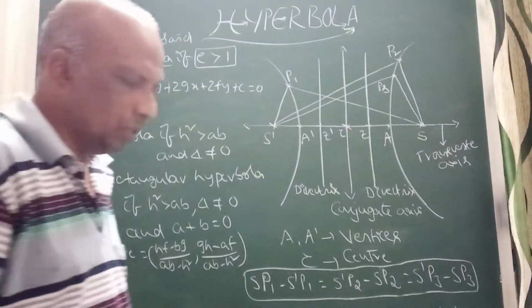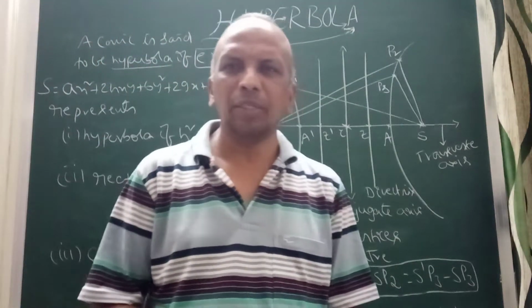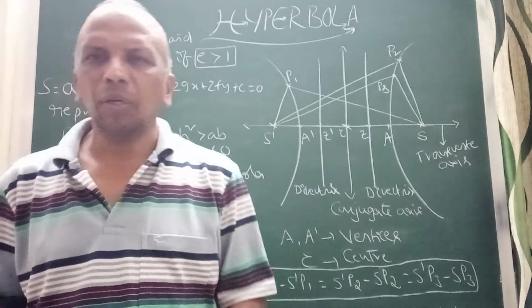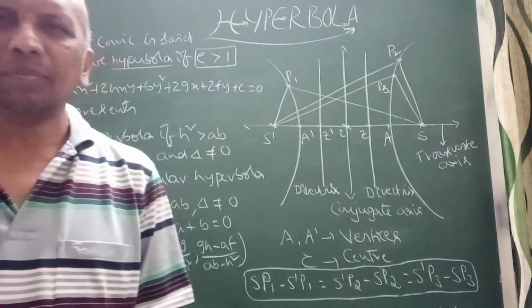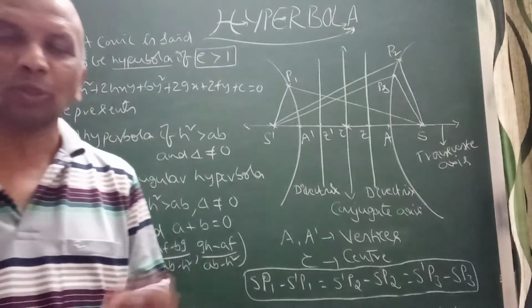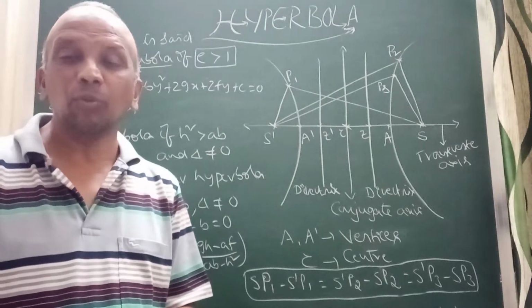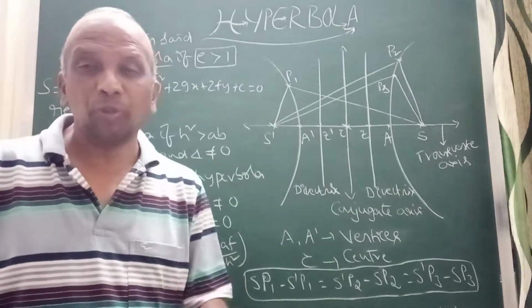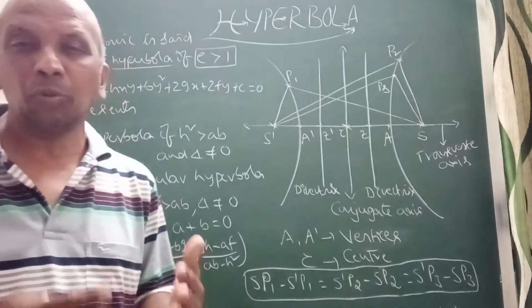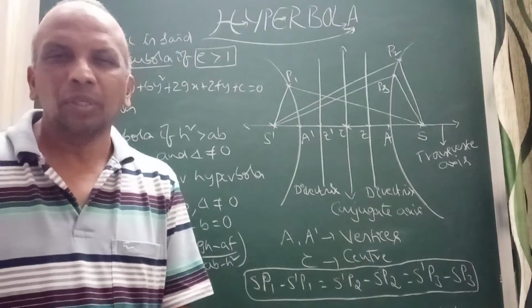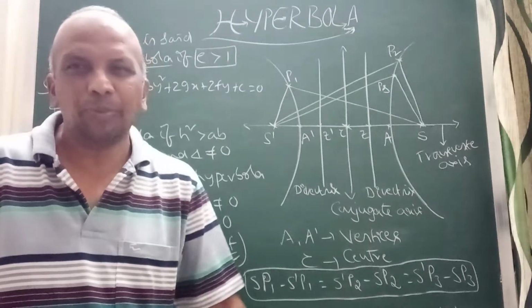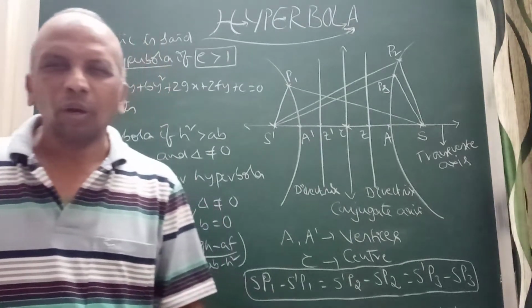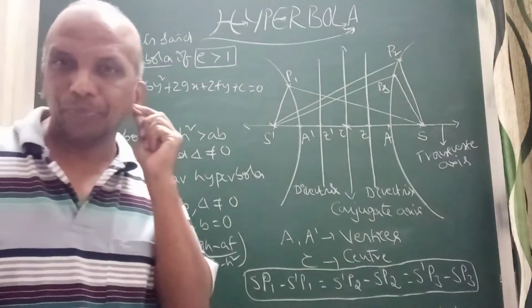Hello students. In the previous videos I explained parabola and ellipse completely. Go through those videos to get a good score in JEE. It is the most important concept in the conic section. If you are thorough with those two videos, do it completely. Go through the complete videos. If you watch only 1 or 2 minutes, it doesn't help you. All important points are included.